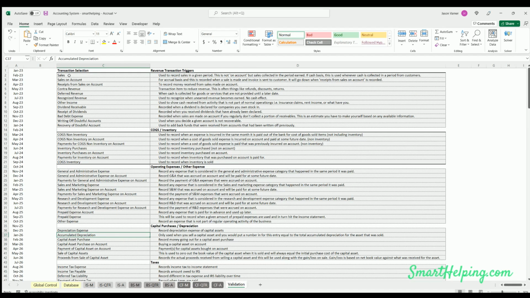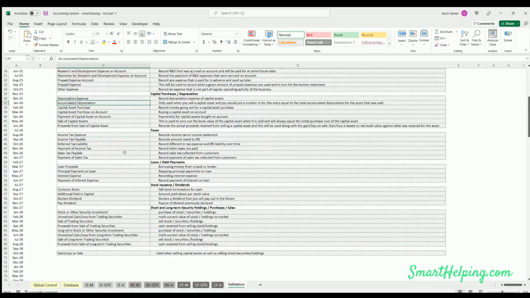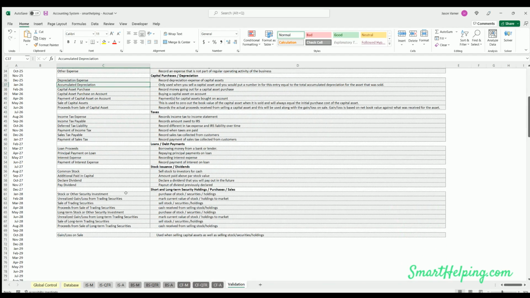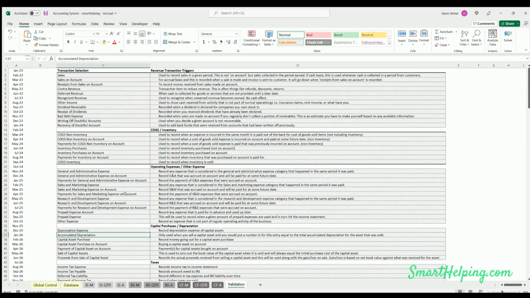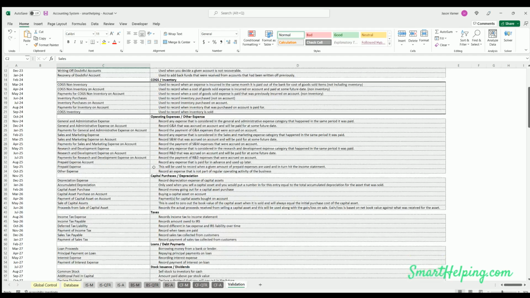Here's all the different accounts you can do. I'm always open to new logic that might be relevant. And if you do purchase this, you'll get access to any future versions at no extra charge. So let me know if you have suggestions on that. But I try to cover essentially 90% of businesses should be able to do with these accounts in these types